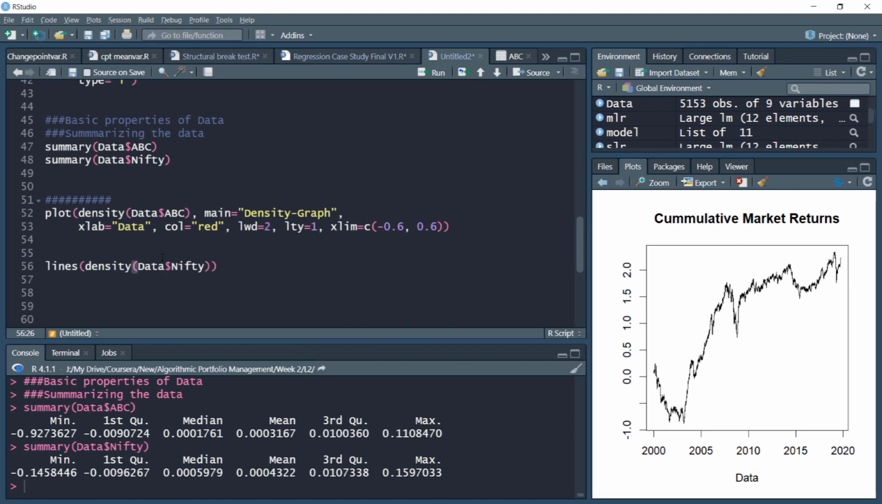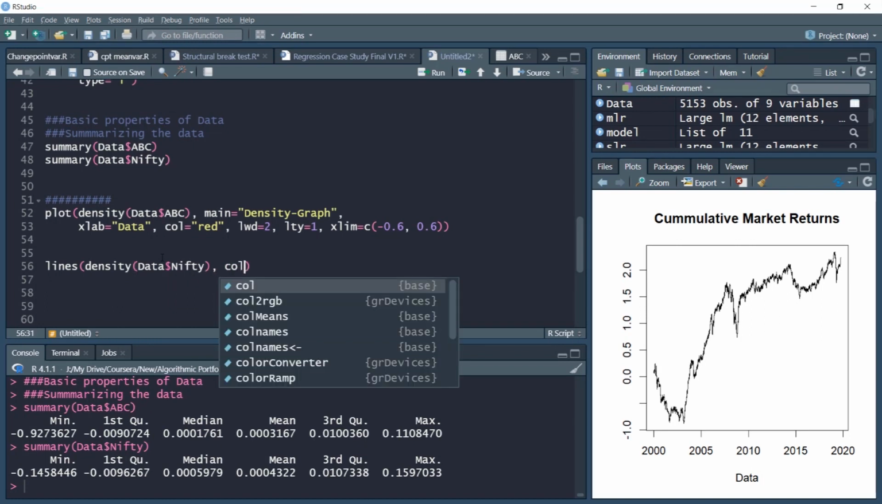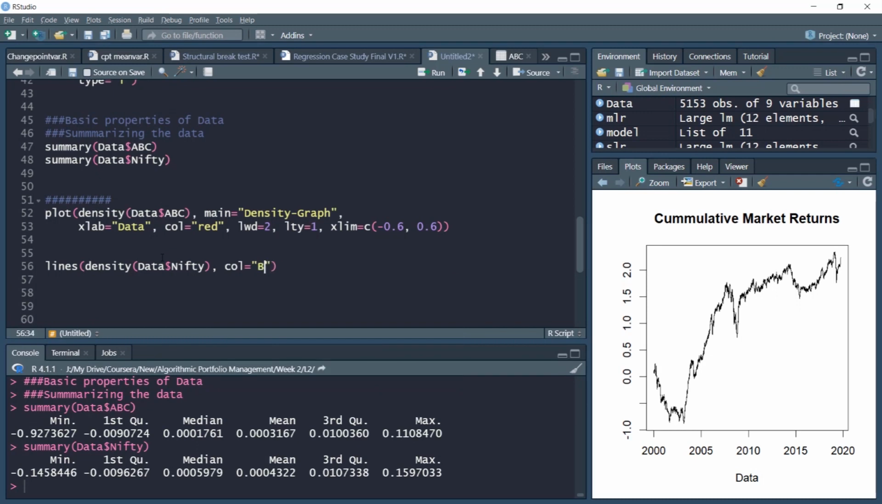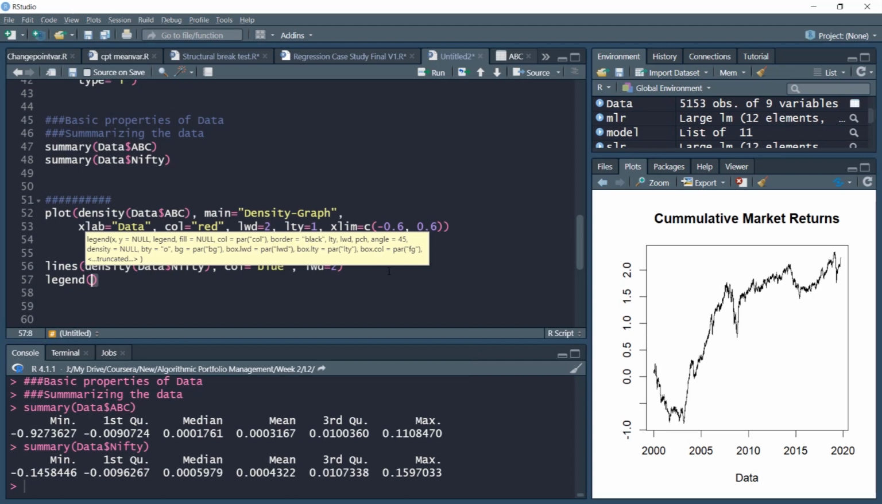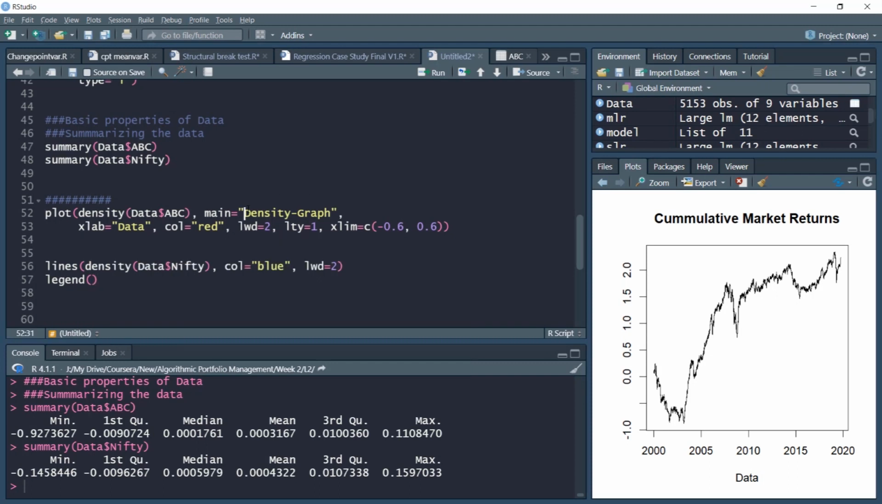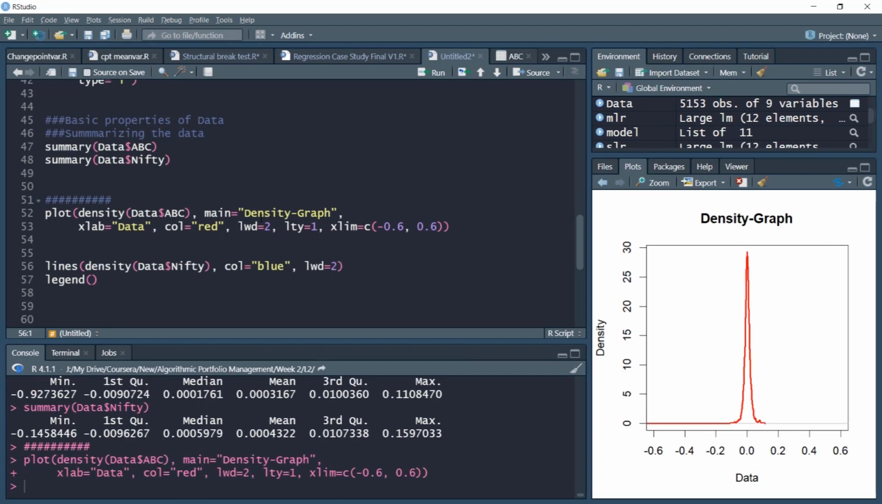Then I would like to specify the color. Earlier I used the red color to plot the ABC return, so I'm using the blue color to plot the Nifty returns. And for line width, again I'll use a line width of 2. So this will plot the density of Nifty, and then I would like to add a nice legend on one side. In order to check this, first let me plot it, okay, so this is my